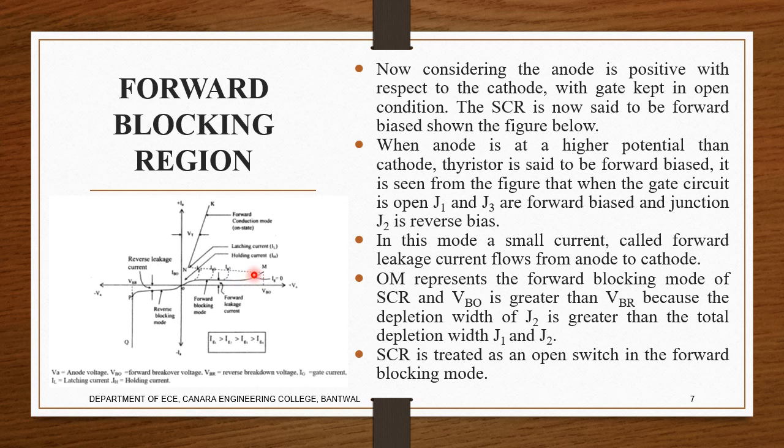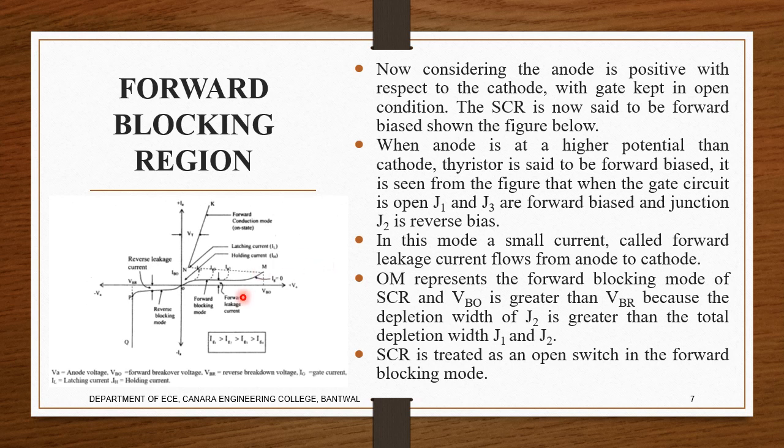And this is how we achieve it. Now here we are making the anode positive and the cathode negative. It slowly starts to increase when forward biased, but it cannot turn the SCR on immediately. It has to wait. J1 is forward biased and J3 also is forward biased, so everything is ready. We just require a trigger to continue the flow from anode to cathode, and that is provided by the gate. So we have to wait for the gate.